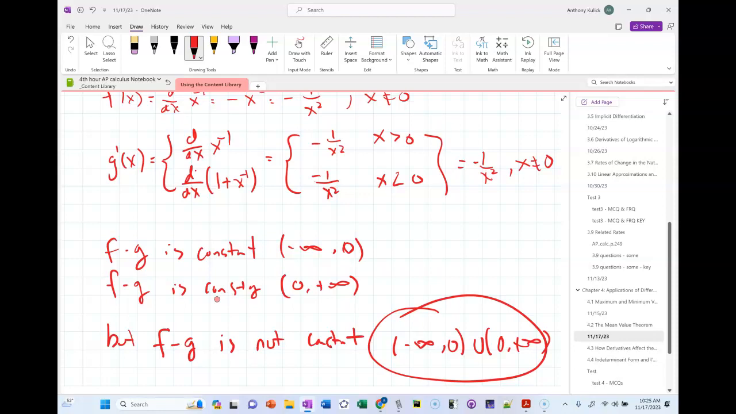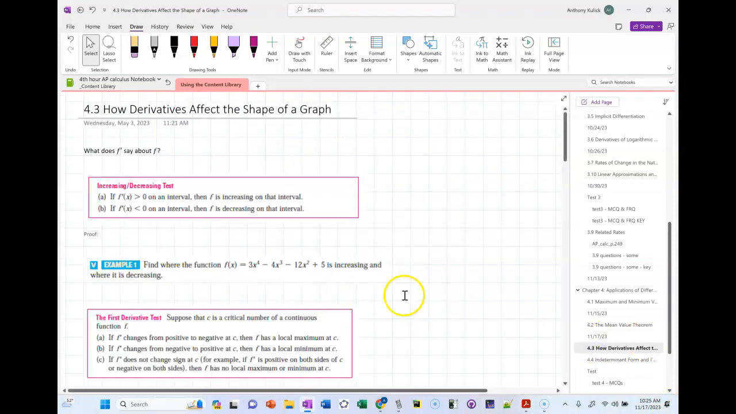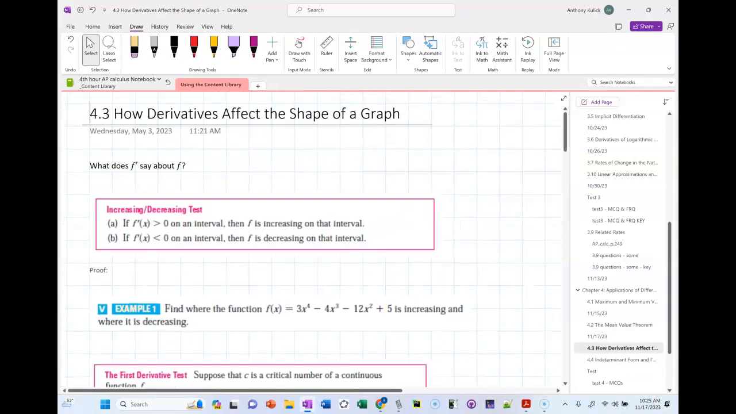All right. 4-3 it is. So 4-3, we're going to continue on our discussion of what can we learn about f from looking at the derivative of f, right? So in 4-1, we culminated with this idea of the absolute max and min test on a closed interval,